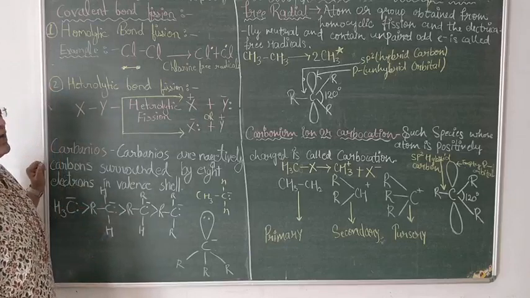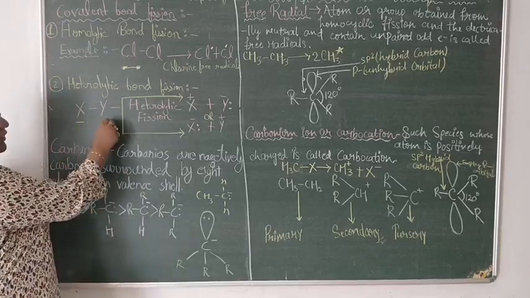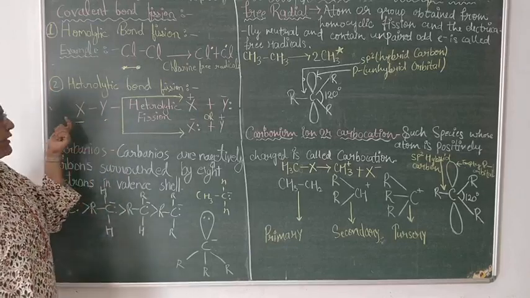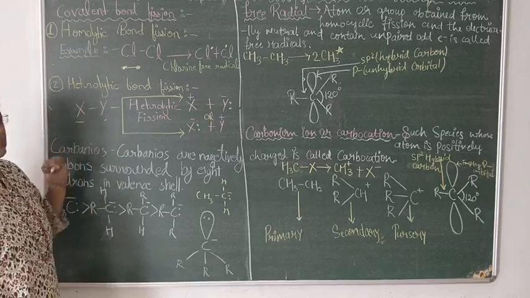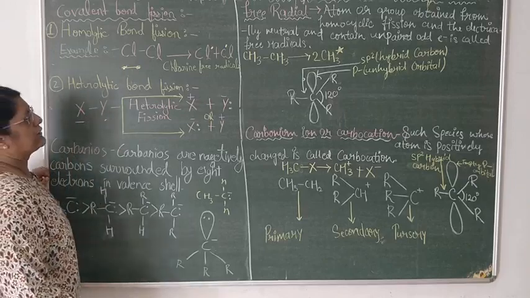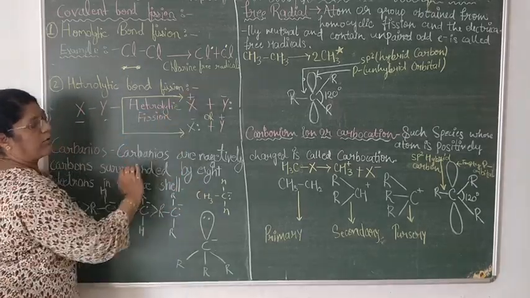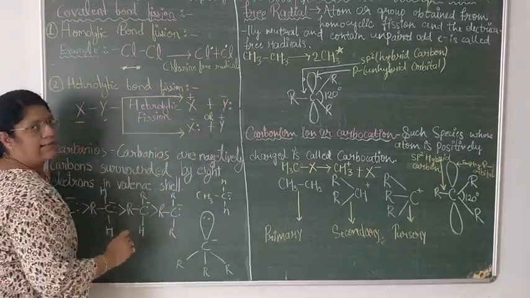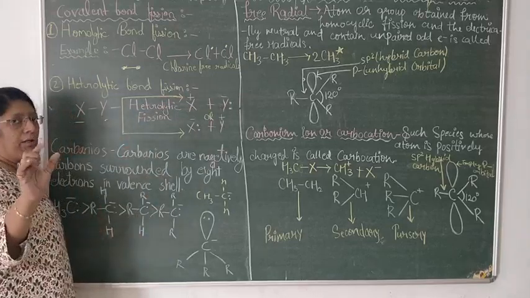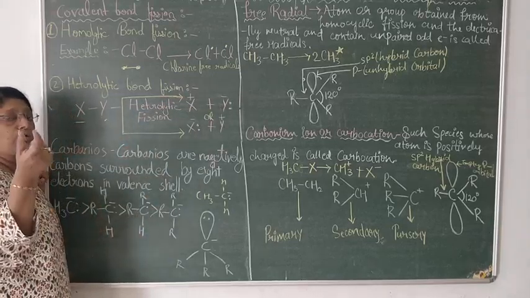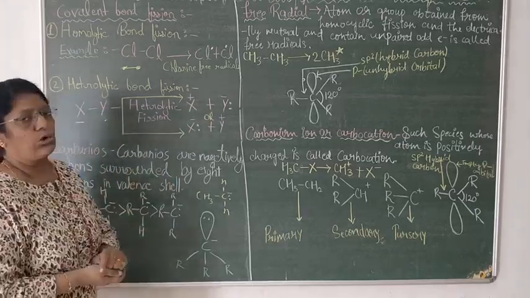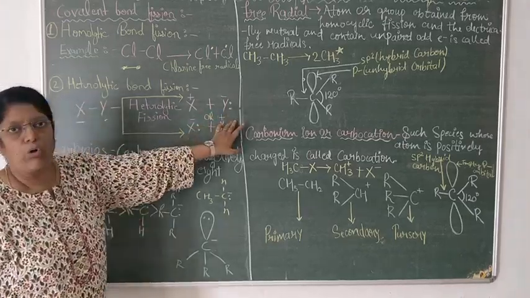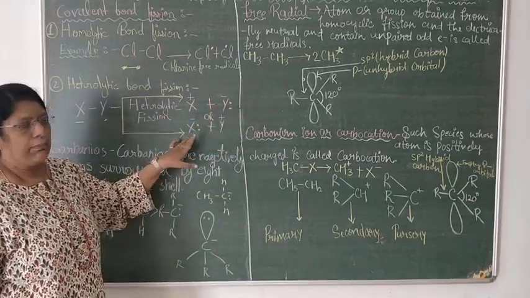Now we are coming to heterolytic fission. Two different atoms are there, XY. It may be chlorine and nitrogen, it may be oxygen and hydrogen. That's why we have taken X and Y. Suppose sometimes X becomes positive and Y becomes negative, because the pair which is used for sharing to complete their octet went totally towards one atom, whether it is Y or X.